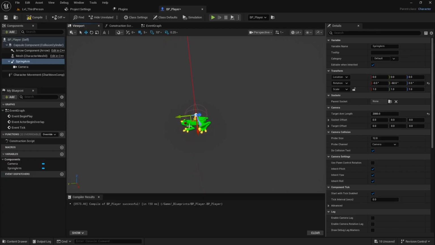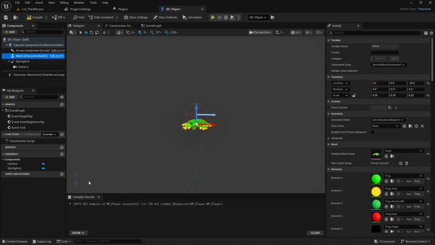The other issue is that we'll notice the frog is not facing forward. Unreal Engine uses the x-axis as the forward axis. So you'll notice with my little gizmo on the bottom left, the X forward is that way. So what we can do is I can select the mesh, and under rotation, I can rotate it either -90 or +270. And that should rotate the mesh forward. So now if we compile and save this,